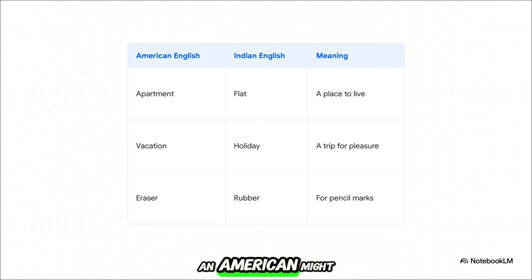So an American might live in an apartment, but someone in India is more likely to live in a flat. You take a vacation, they take a holiday. You use an eraser to fix a mistake, they'll use a rubber. The meaning? Identical. It's just a different label for the same item.